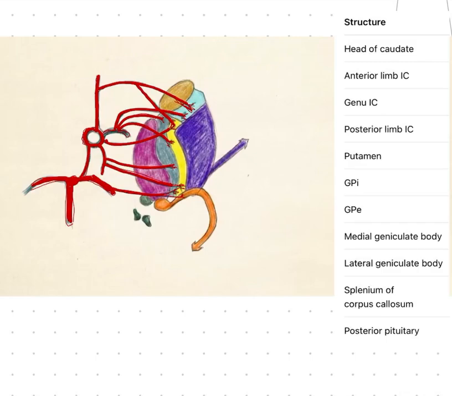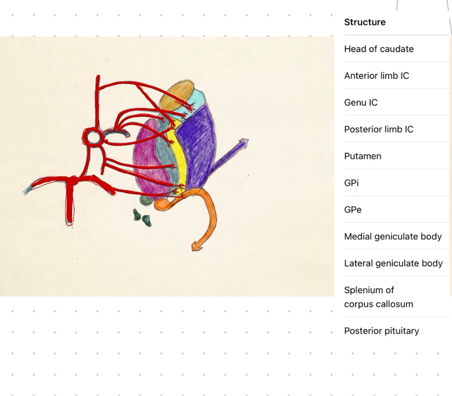Hello everyone. So now in this video we'll learn about the arterial supply of internal capsule as well as the basal ganglia. So we will start with the name of arteries. So this is internal carotid artery, this is anterior cerebral artery, and this is middle cerebral artery giving its lenticular